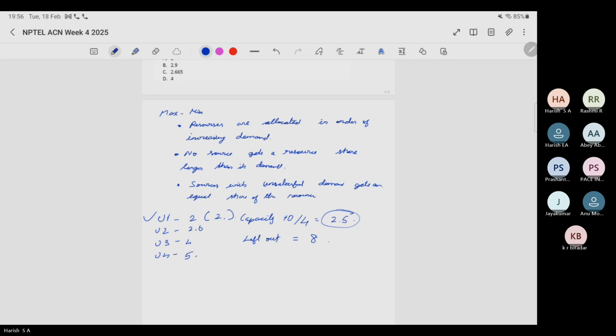Next. Now 8 is left out. How many users are left now? 3. So 8 divided by 3 is how much? 8 divided by 3 is 2.667. So 2.667 Mbps can be allocated to each of these. Which is the smallest one among these 3? It's U2. So I'm allocating 2.6 to this. How much is left out? Already there was 8, so 8 minus 2.6, which is